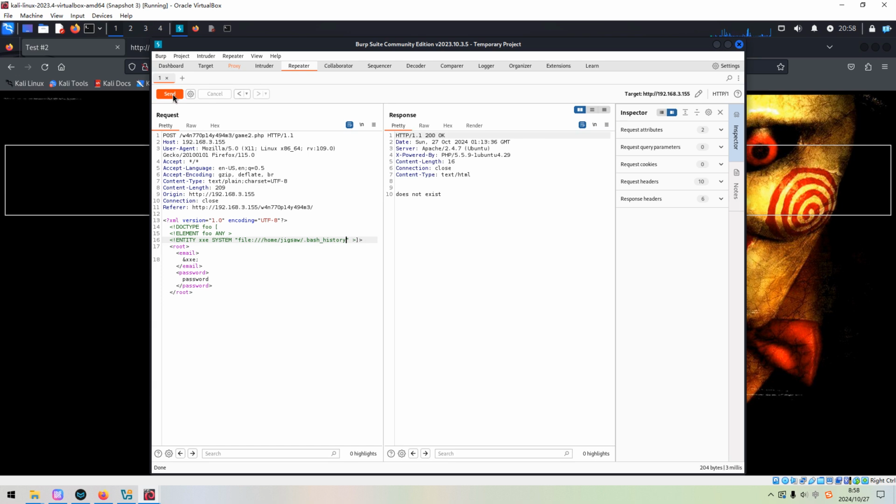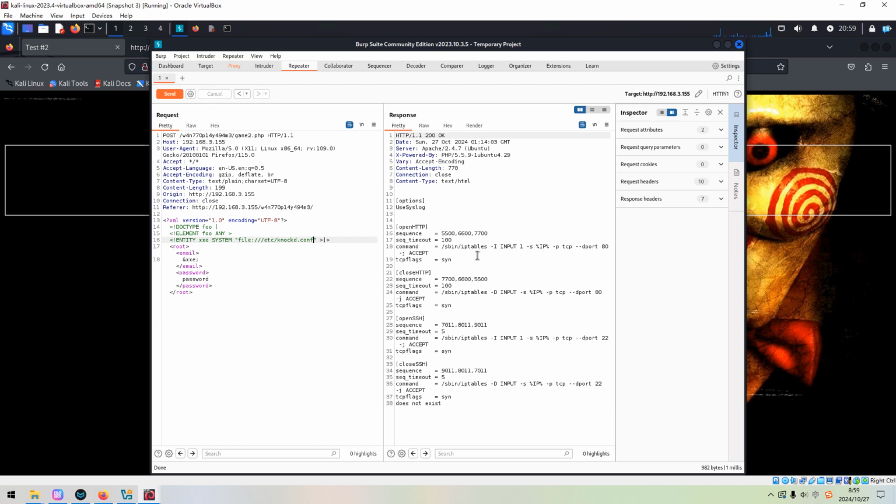It doesn't exist. Actually, we need to retrieve the configuration file of the knockd, because as we know, the knockd daemon process is running on the target machine. And this should be the knockd.conf. Okay, sent. As you can see, we got the configuration of the knockd daemon process.